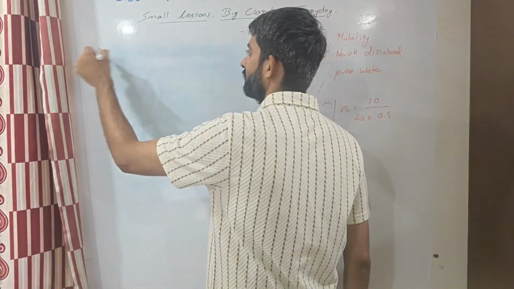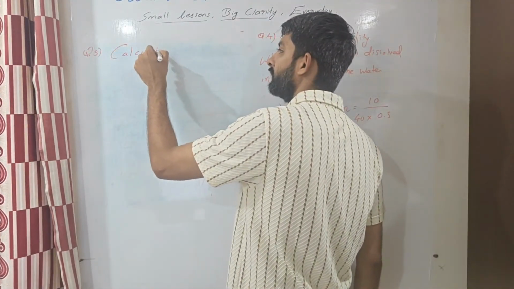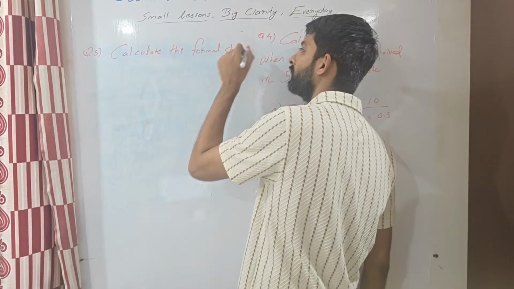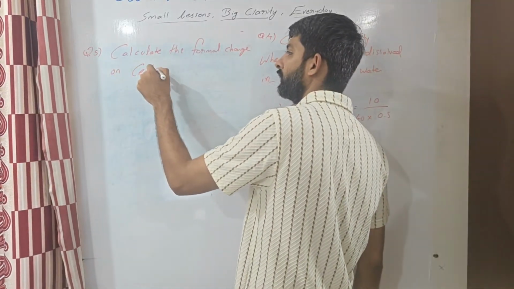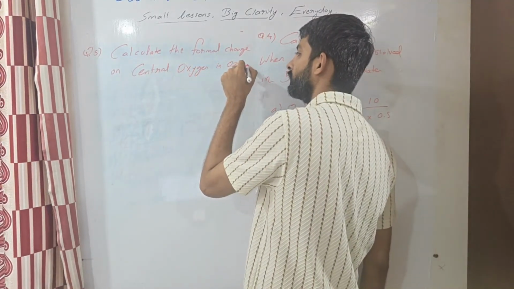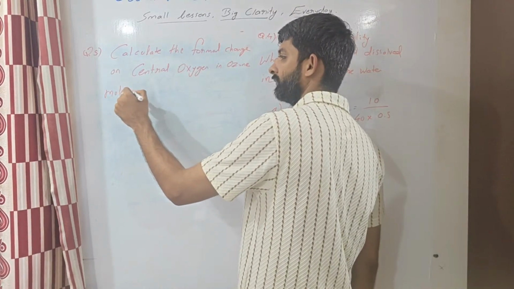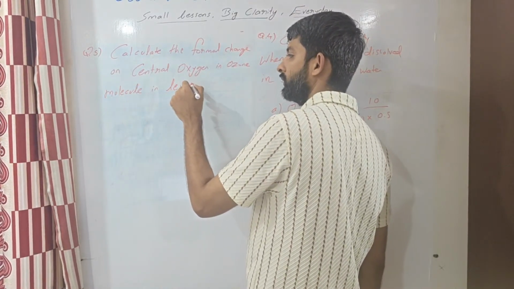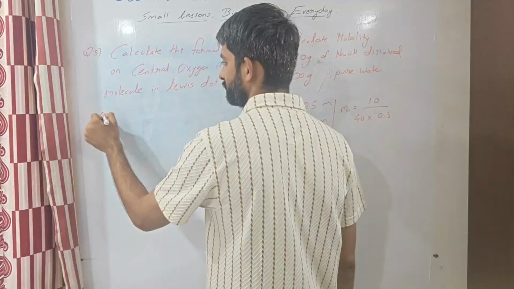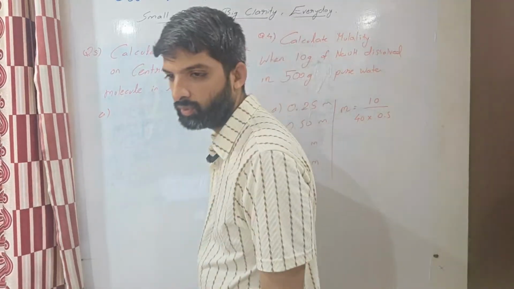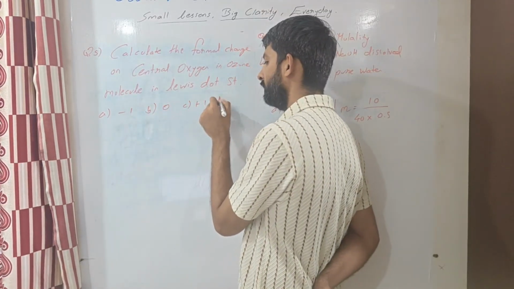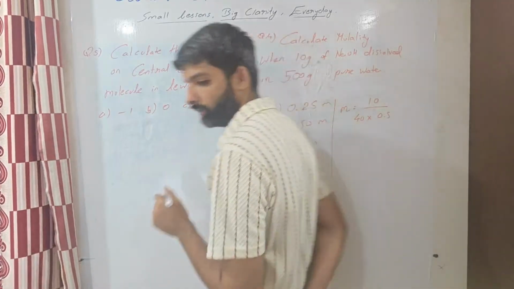Question number 5. Calculate the formal charge on central oxygen in ozone molecule in Lewis dot structure. Options: -1, 0, +1, and +2. So to draw the ozone molecule,